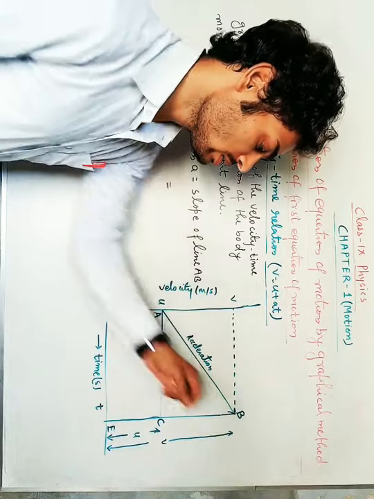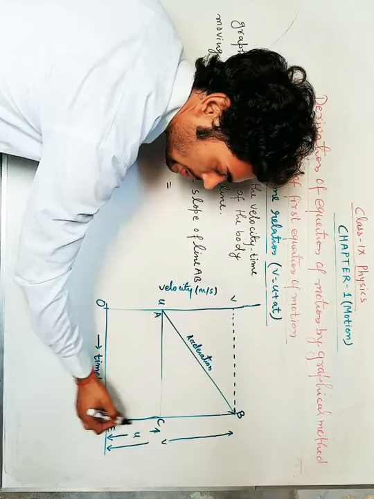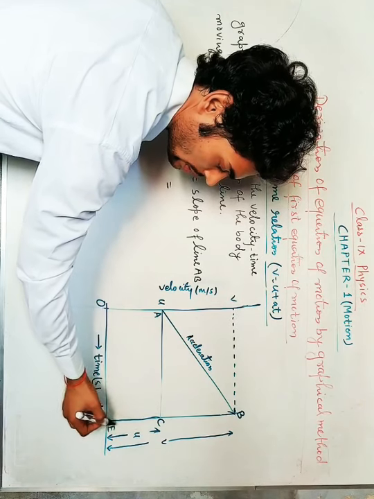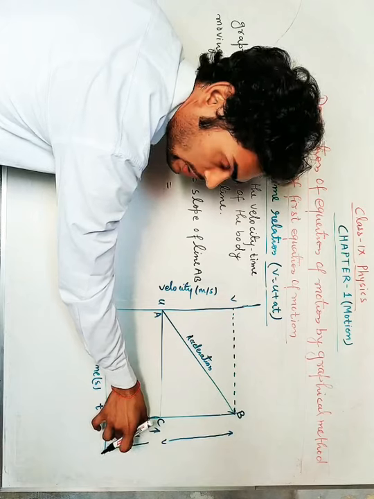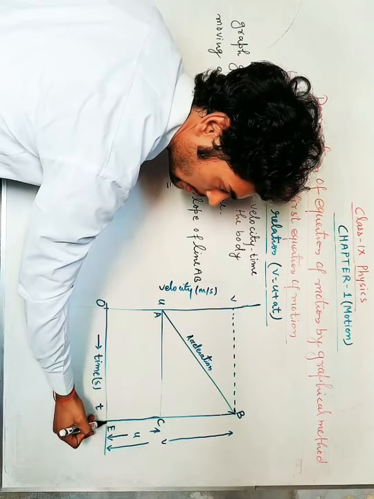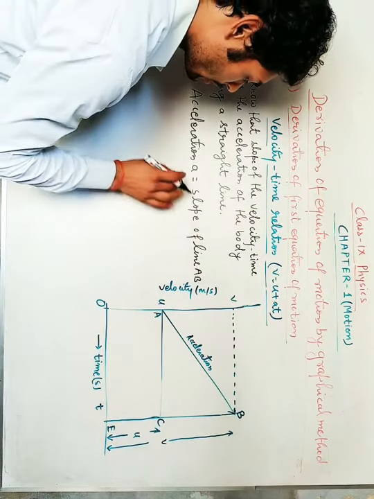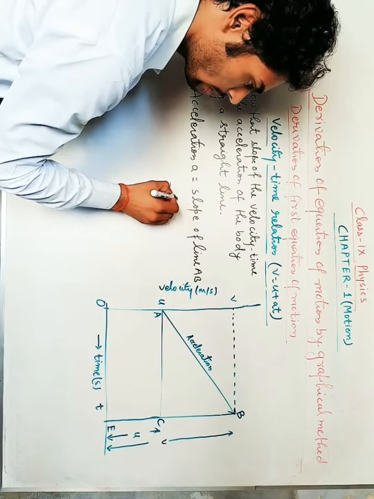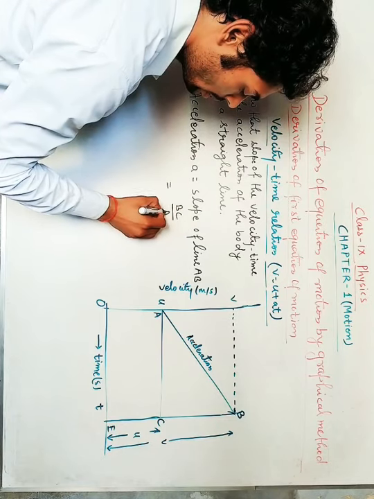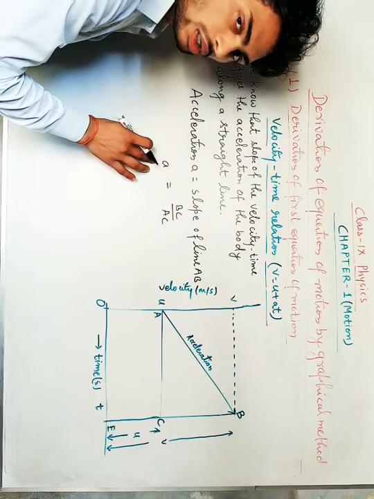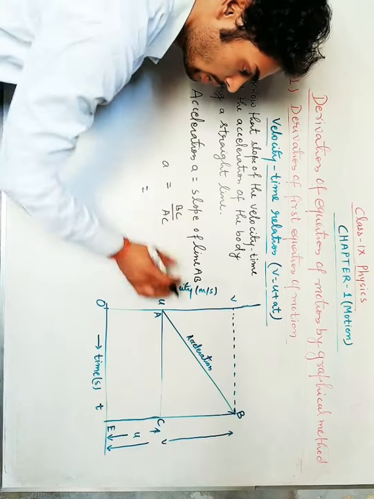BC means change in velocity. Here EC equal initial velocity, and EB equal final velocity. So slope of line AB equal BC by AC. Acceleration equal BC by AC, and we can write BC equal